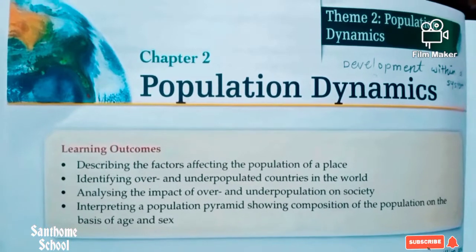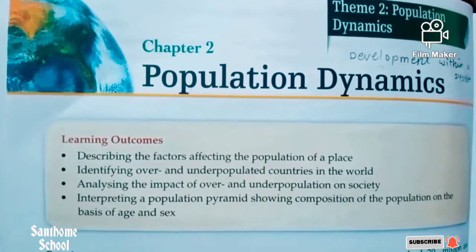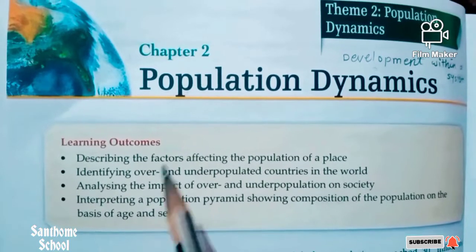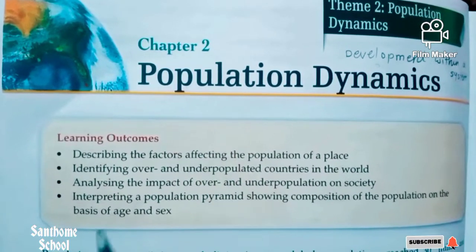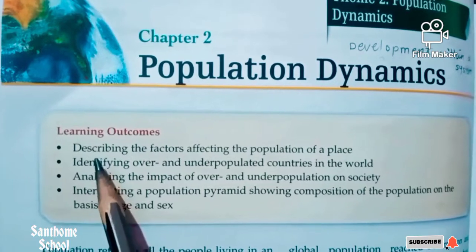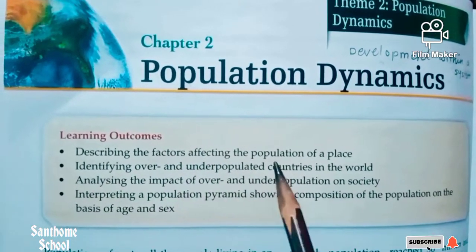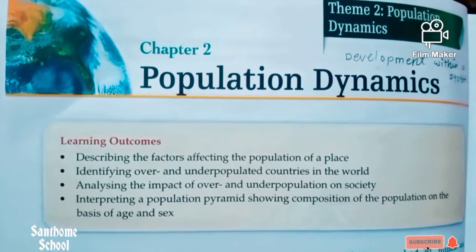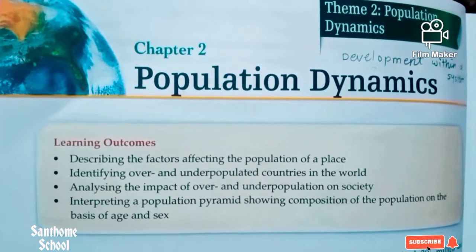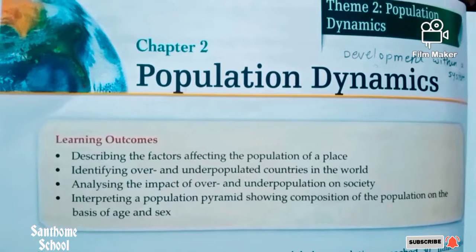At the end of the lesson, we will cover different aspects related to populations, describing the factors affecting the population of a place, and how the population differs from place to place,